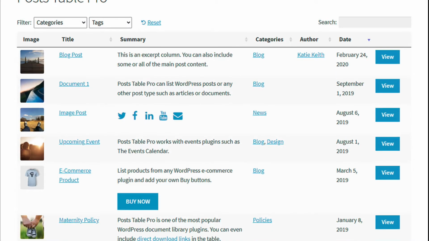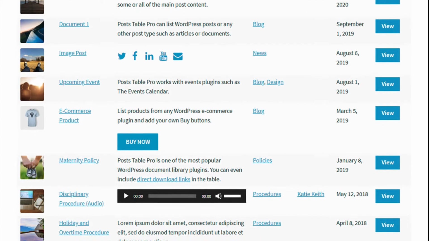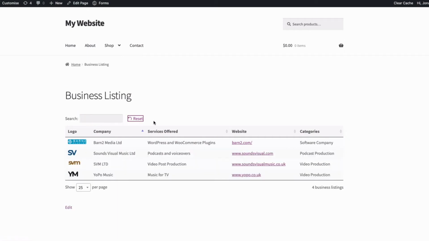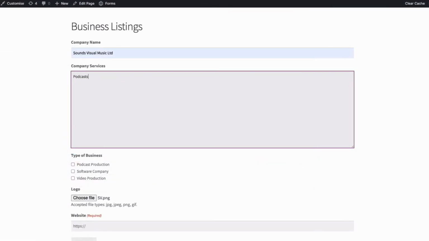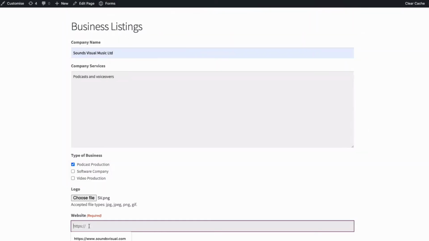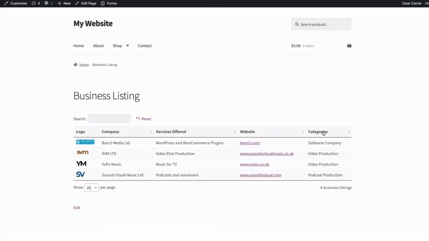Have you ever wanted to receive information from your users and display it on your website? For example, public profiles or a business directory, maybe an events database, or perhaps a resource directory with user-submitted documents, or even an online marketplace with user-submitted products. By combining the right plugins, you can create user-friendly forms for your users and customers to submit content, save it in the WordPress database, and then display the data in a searchable table. This video will show you exactly how to do just that.